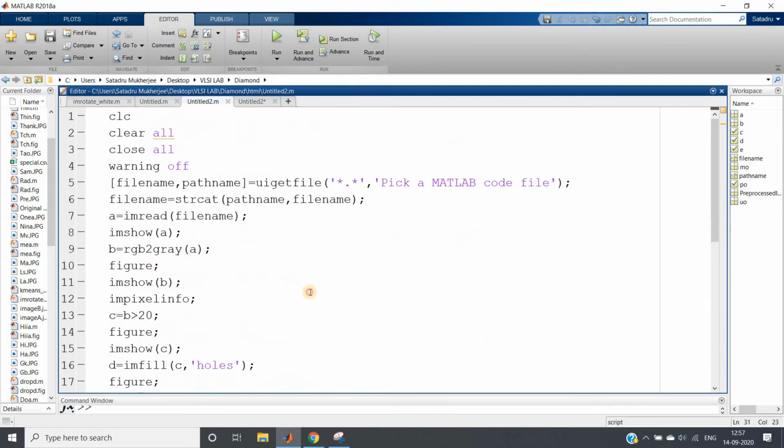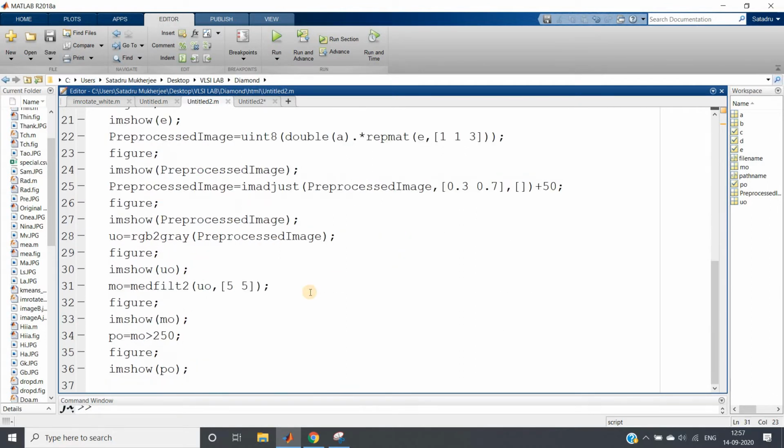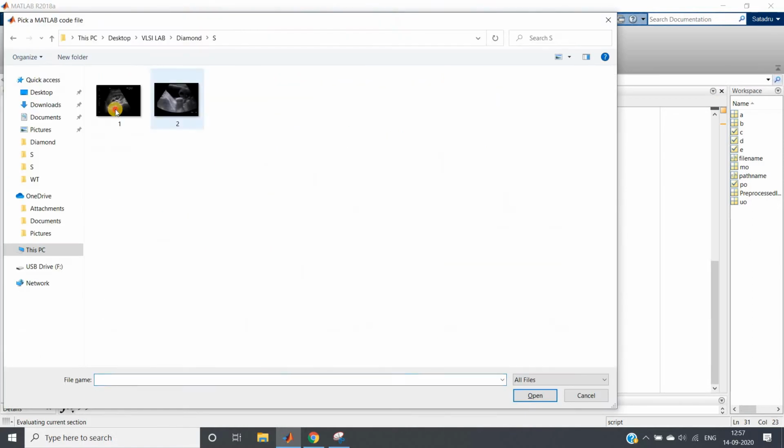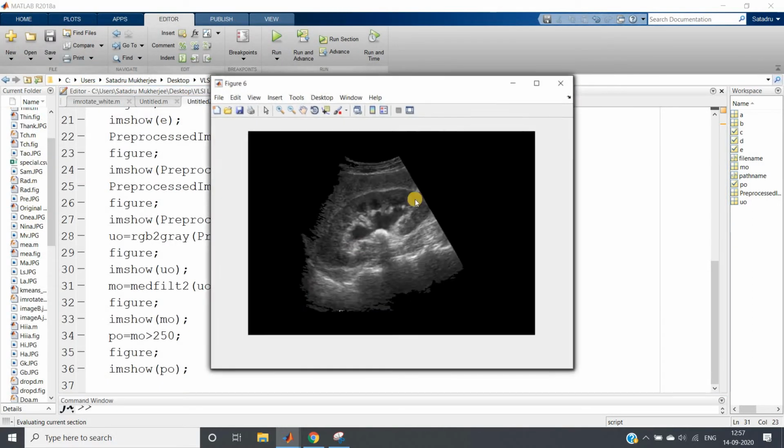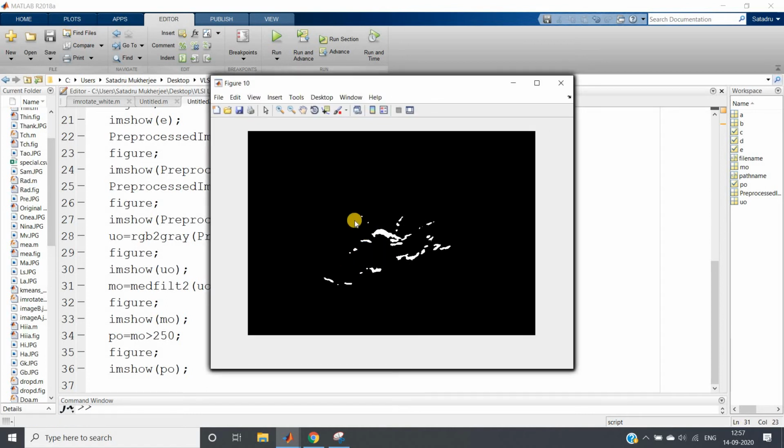Now I can run this whole code with the kidney stone once and show you what part I actually want. This particular part I want to create one box, because only here our kidney stone was present, and this is the region where the probability of getting a kidney stone is more.